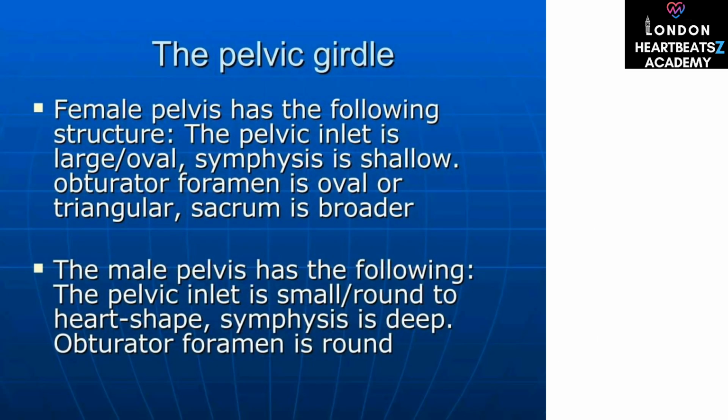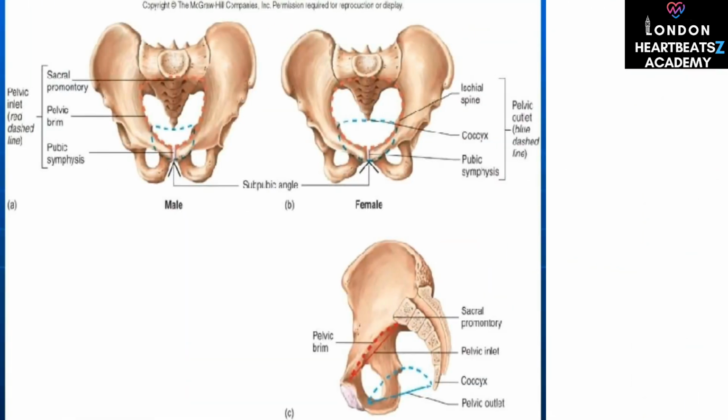The female pelvis features a large, oval pelvic inlet, a shallow symphysis, and a broader sacrum. The male pelvis has a smaller, heart-shaped inlet and a deep symphysis. This slide visually compares the male and female pelvis, highlighting the structural differences, such as the pelvic inlet and the